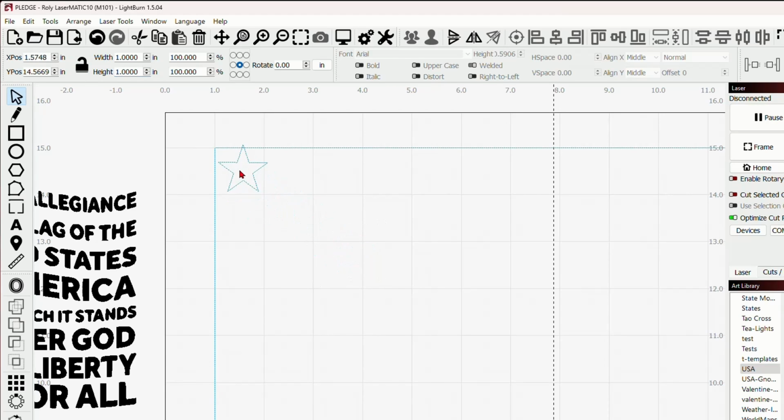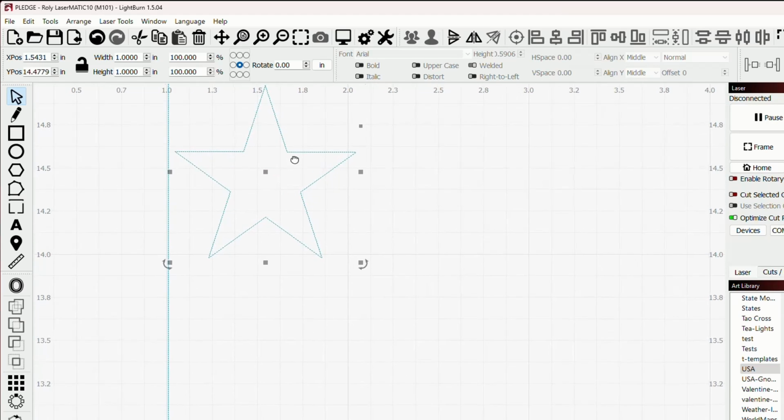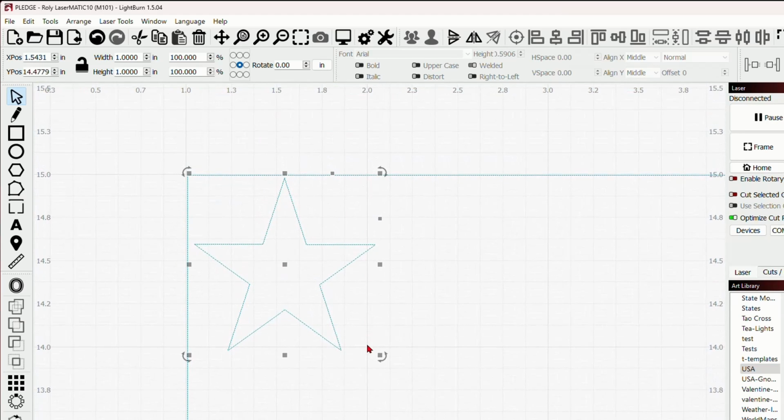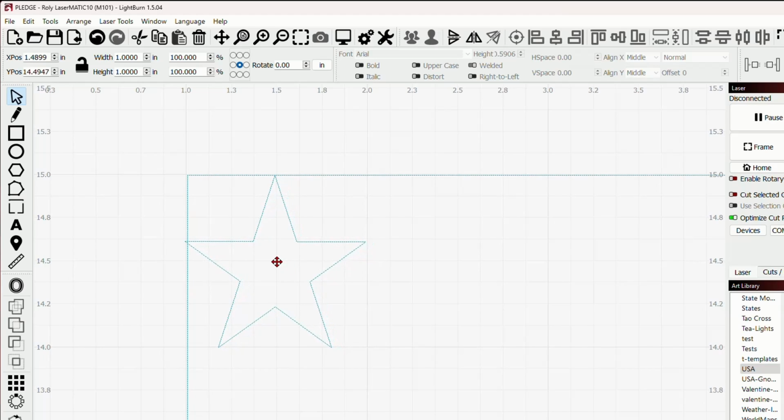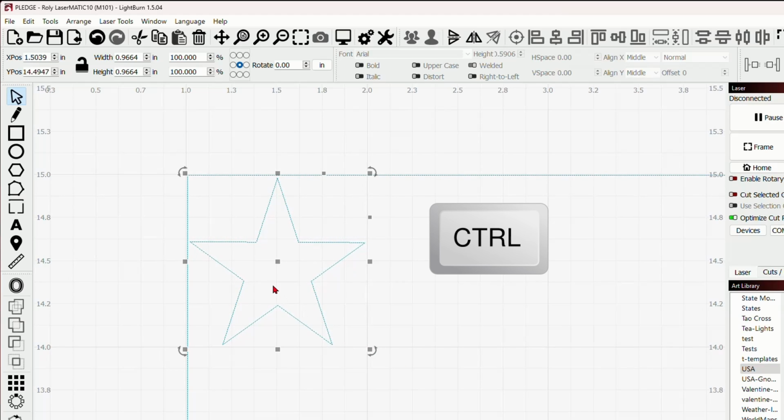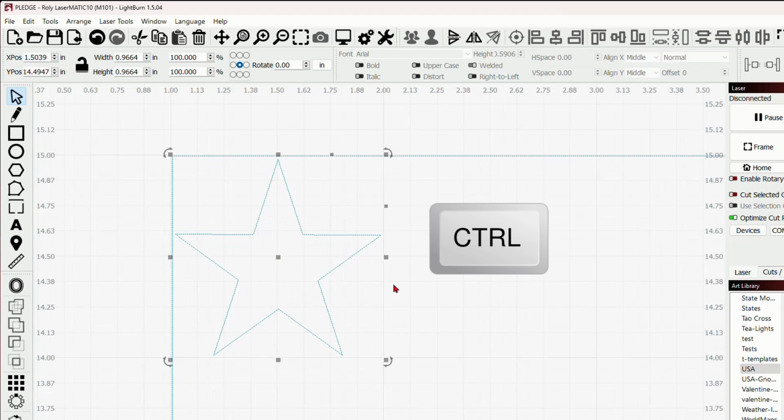So we can now take this star and bring it right over here and put it right into that box that you see here. This box here is exactly 1 inch. So let's get this lined up inside our box. I'm going to say right about there looks good. And actually I'm just going to scale this down just a little bit so that it fits perfectly inside that